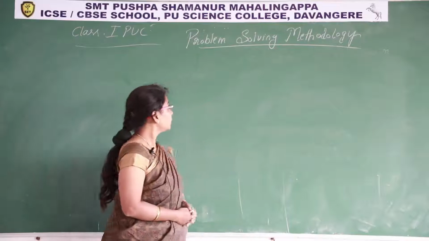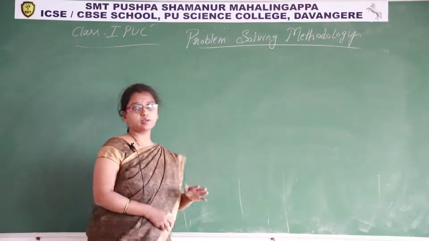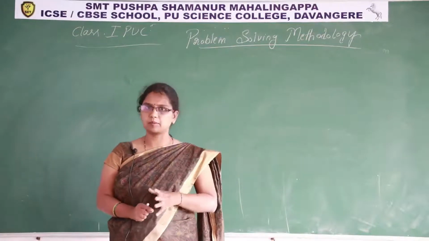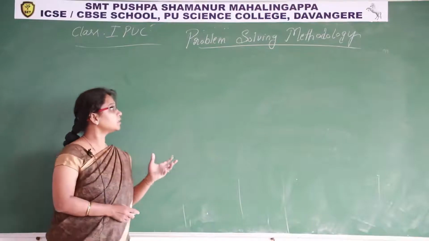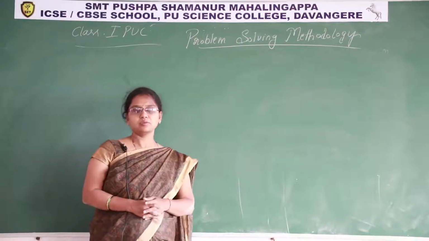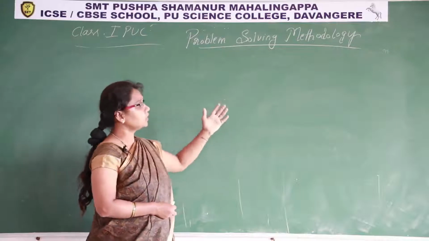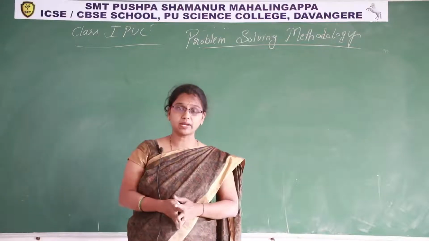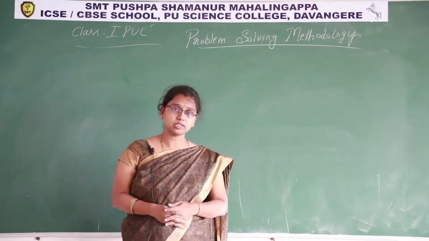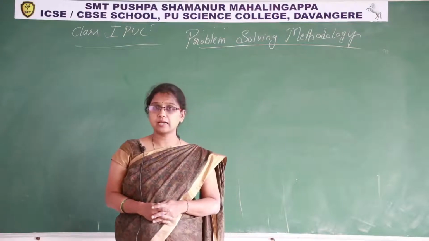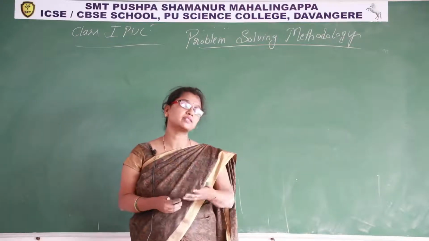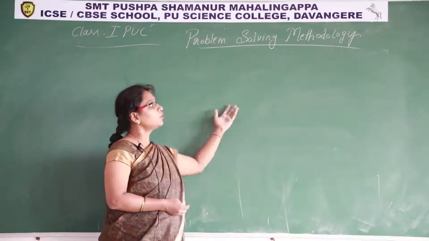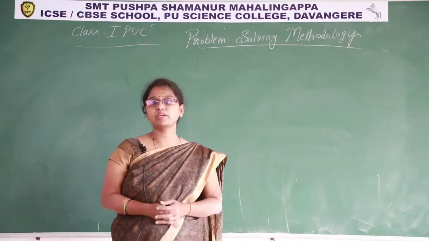So, let us understand the word problem. What is meant by problem? It's a situation that arises unwelcome, meaning we did not expect that situation. So, problem solving: how to solve the problem. Solving is nothing but we have to identify the requirements, the procedure, the constraints, and what type of output or result we expect. These things are involved in solving. Methodology means the different steps involved in order to solve a given problem.